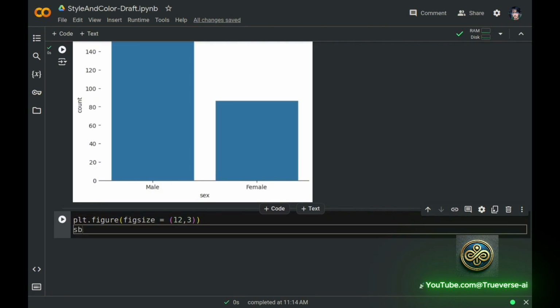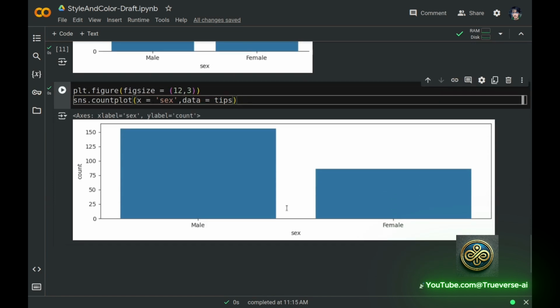And then we call Seaborn count plot with this. Here we've set the plot to be 12 units wide and 3 units tall, giving us a long and narrow